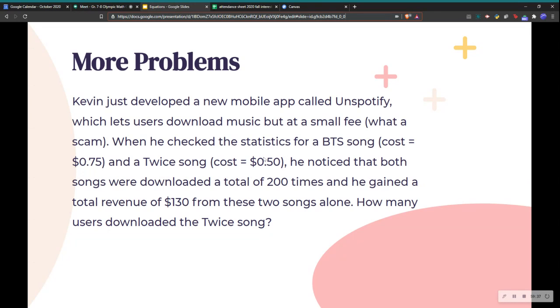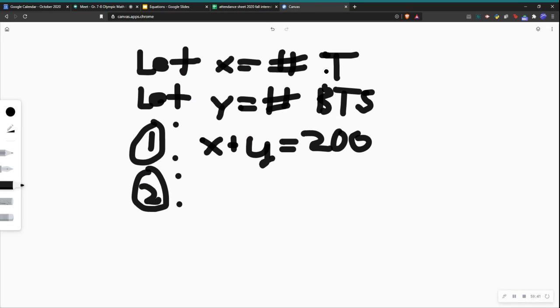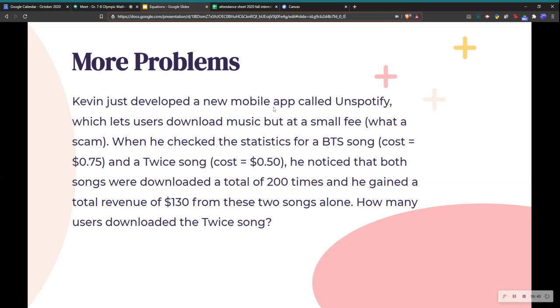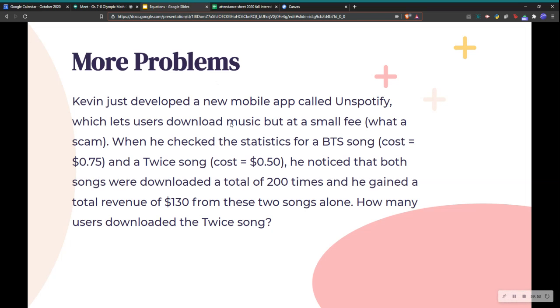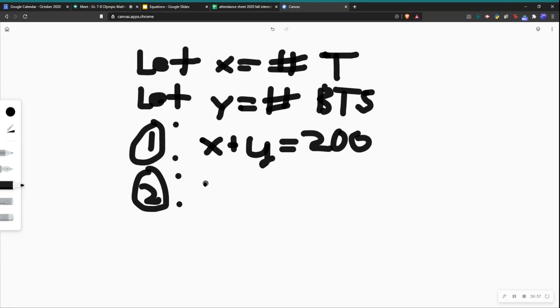Oh yeah, x is Twice. Yep. Y equals 130. Perfect. So you multiply the